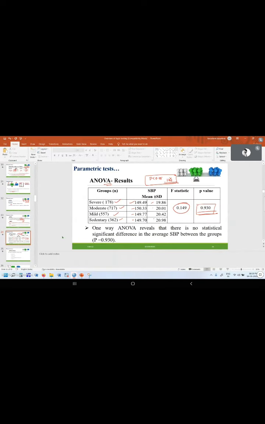Now I will show you how to do the same. First, you should check the normality, splitting the file based on physical activity. Then, you can do it; already the data follows normality. I'm not going to repeat that step, but you should do it when you do your research work. Now, here you have the option Analyze, Compare Means, One-Way ANOVA.